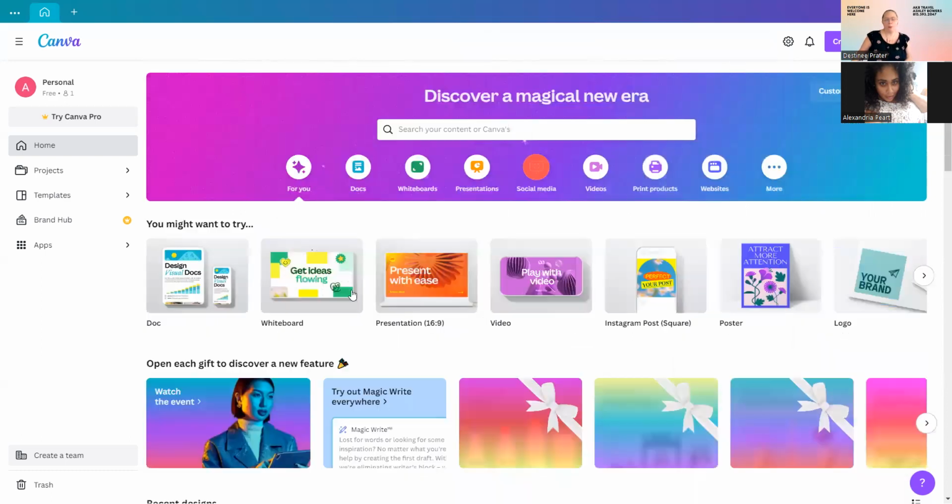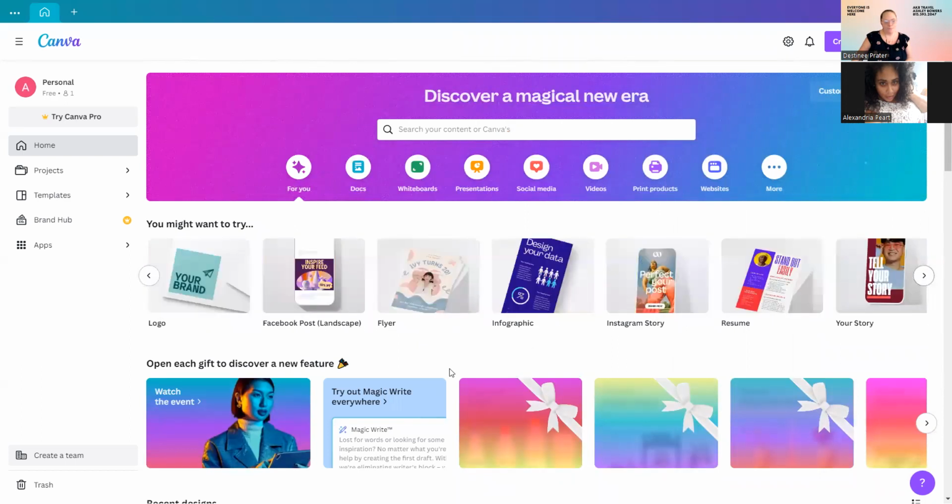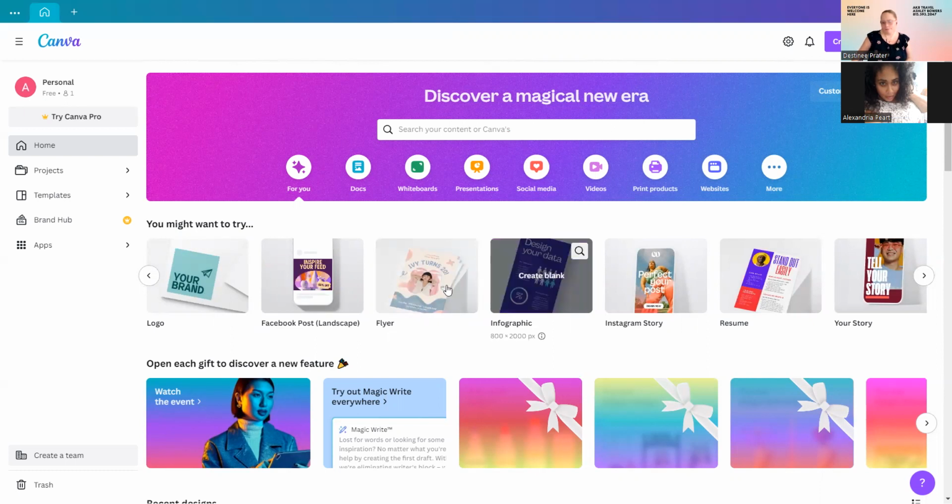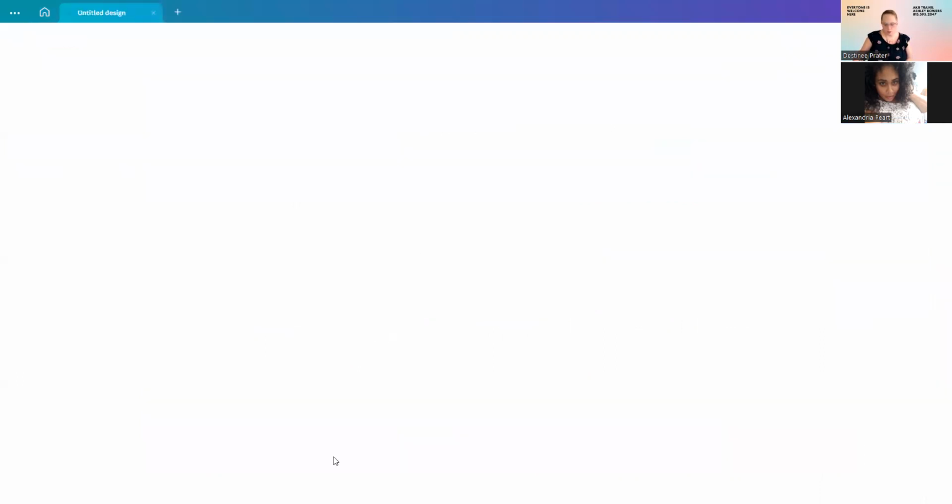But first we're gonna come up here, and this is the app, so it may look a little different if you're not using the app and you're using online instead. But I use the app, so we're just gonna go ahead with that. And then we're gonna start with some flyers today. Okay, so you can either choose posters, flyers. This is normally what I make everything as. Unless you're gonna do a social media post, because it's got to be a certain size, I usually just do it as a flyer, and then you can always alter it. Okay, so we're gonna make a flyer